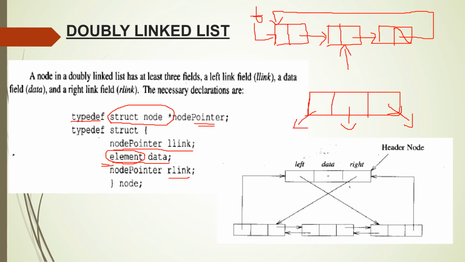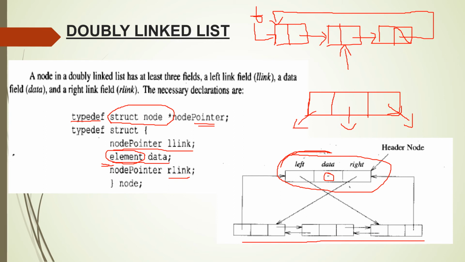So this is the circular representation of a doubly linked list. In your syllabus you are directly going to study the circular representation of the double linked list. There will be three nodes in the circular double linked list with the header node. This is the header node. The data field of the header node contains nothing, and this is the actual double linked list, with three nodes.